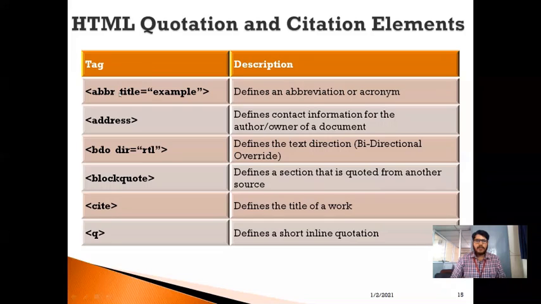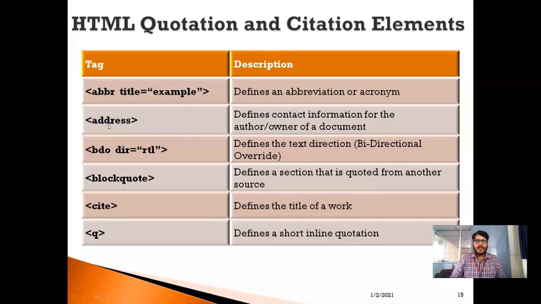You can observe here, I'm going to include the abbreviation tag. ABBR is the tag name. Here we can specify the title attribute for this, and this is the value for the title. So title is an attribute for the abbreviation tag. And why is this tag used? This tag is used to define an abbreviation or acronym for the particular text. For that reason, we are using abbreviation.